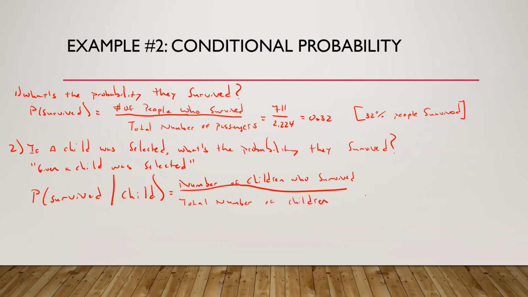For anybody who copied the data down, how many children survived? 57. Yeah, how many total children were on there? So it looks like the probability that a child survived, if you plug this in your calculator, you'll get around 0.52. So, you know, it is what it is. It's also very sad. So you see the subtle difference to how that was worded compared to the first one? Hopefully.